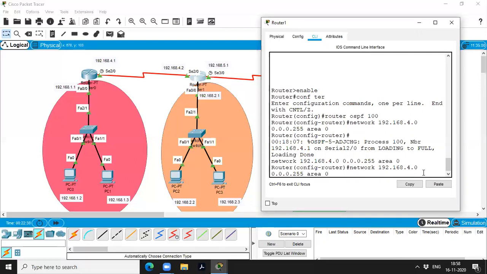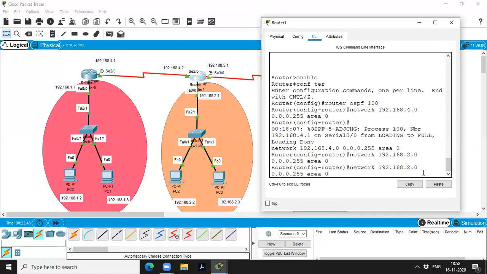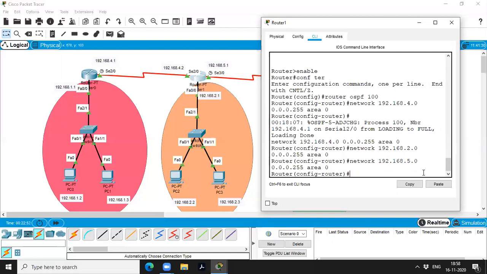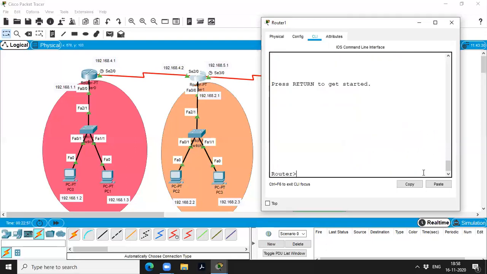Again, the network is connected to 2.0. And another network is connected to 5.0. So successfully we have configured the second router.